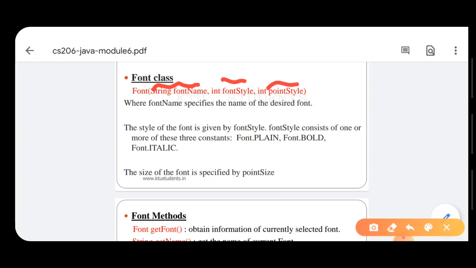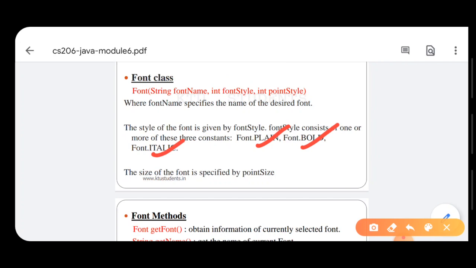And the style of the font is given by font style. Font style consists of one or more of these 3 constants, that is Font.PLAIN, Font.BOLD, Font.ITALIC. Plain, bold, and italic are variables which we have already defined in font class, which can be accessed using the class Font. And the size of the point is specified by point size.